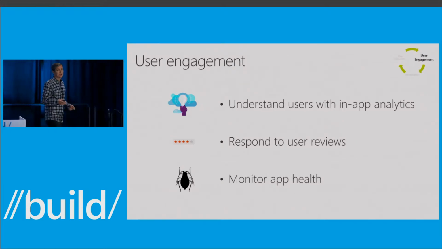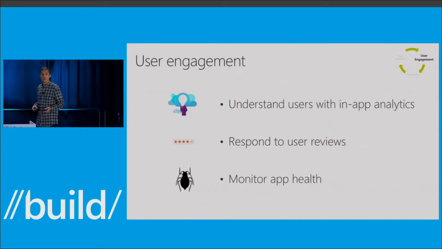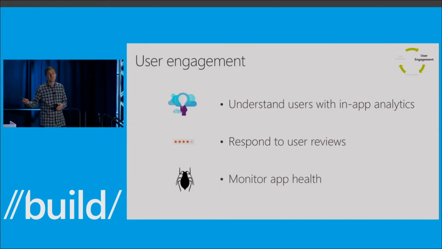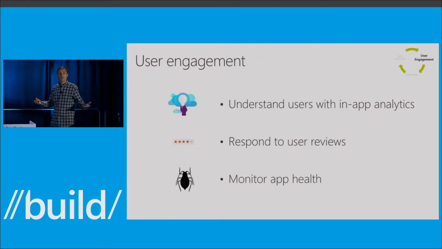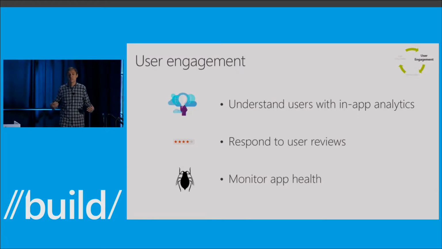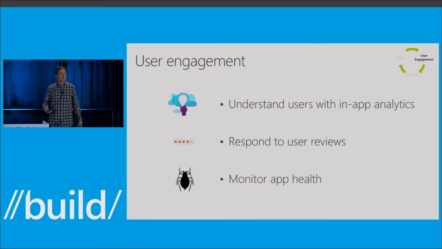So far we've talked about new ways in which you can acquire users for your app, and we've shown you how you can very quickly get those results in your acquisition reports in Dev Center. Now, what you have to do is make sure that those users that are coming in are engaged with your app, they are satisfied, and more importantly, that they keep coming back often. And there's 3 interesting things that you should do.